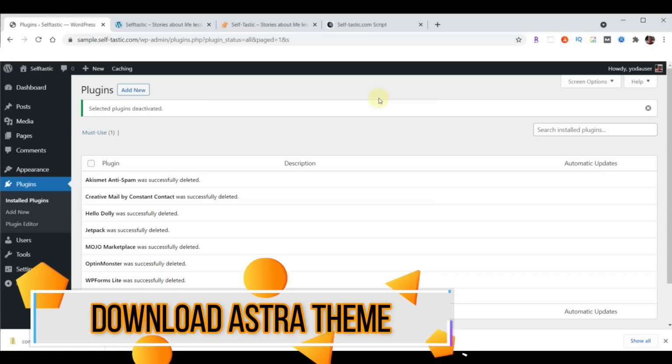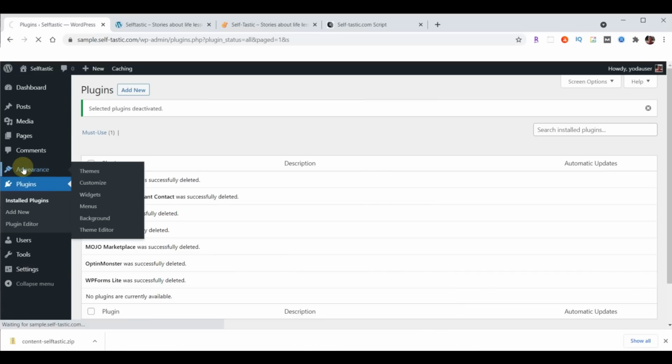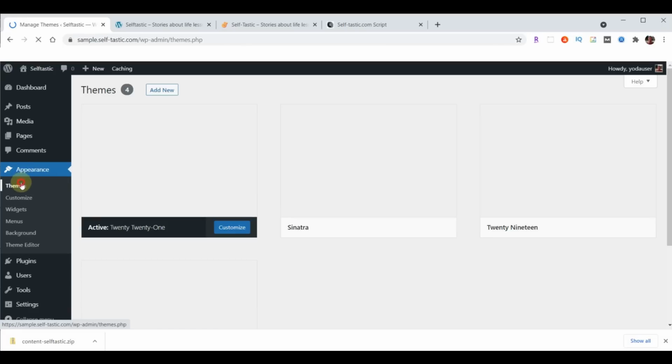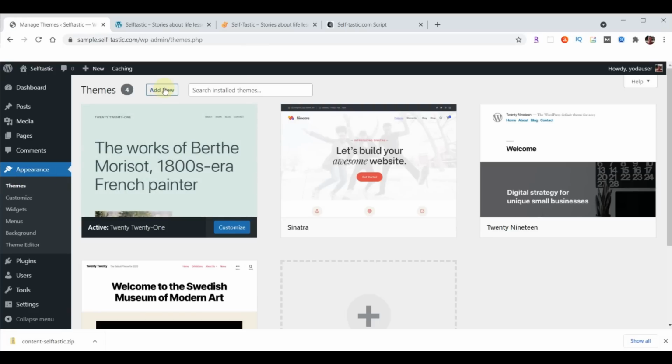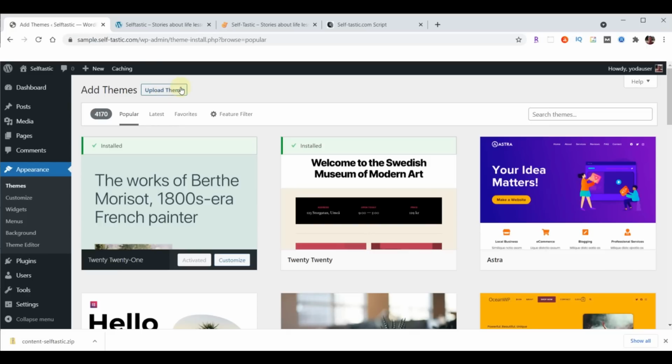Now we want to add the theme that we're going to use for Bethany's website. So we're going to go to Appearance, Themes, choose Add New, and we're ready to upload a theme. So first we're going to download the theme we need. But you might say to yourself, but here are all the themes, why don't I just pick the one I need? Well, the answer is you could do that,